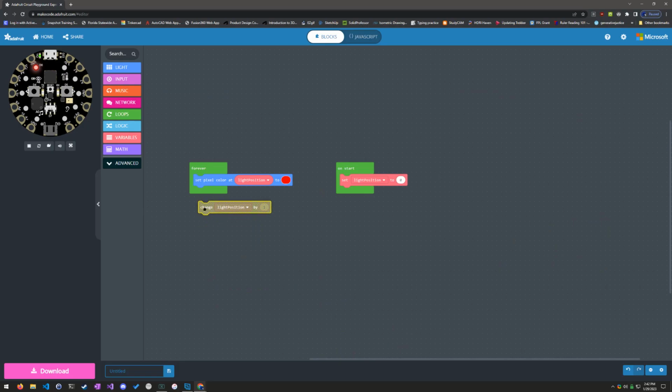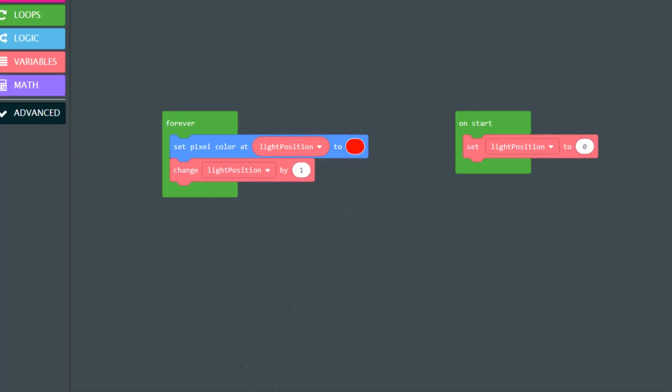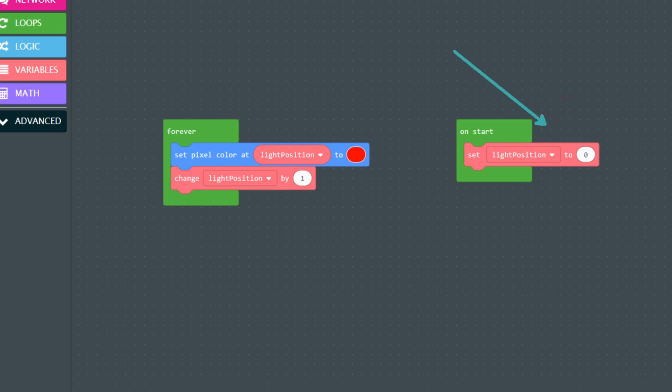So let's do that. And we should watch what will happen here, which is the array of lights fills all the way up. Let me refresh that so you can watch that again. So what's happening is at the beginning of our program, we're setting our variable to 0. We're lighting up a pixel at the position of the variable, which is 0, to red. When we hit the bottom of the loop, we increase that number by 1 so that when we start the loop again, we light up number 1. Then we add 1 to 1, which is 2, light up number 2, and so on,